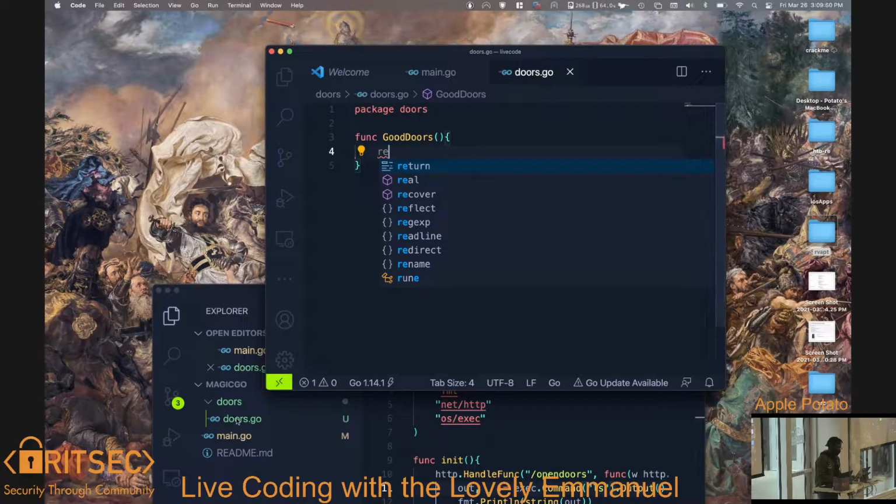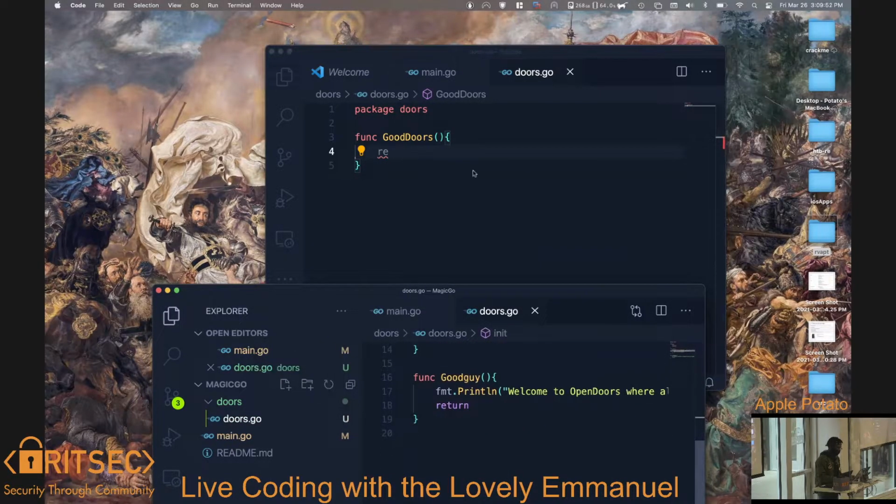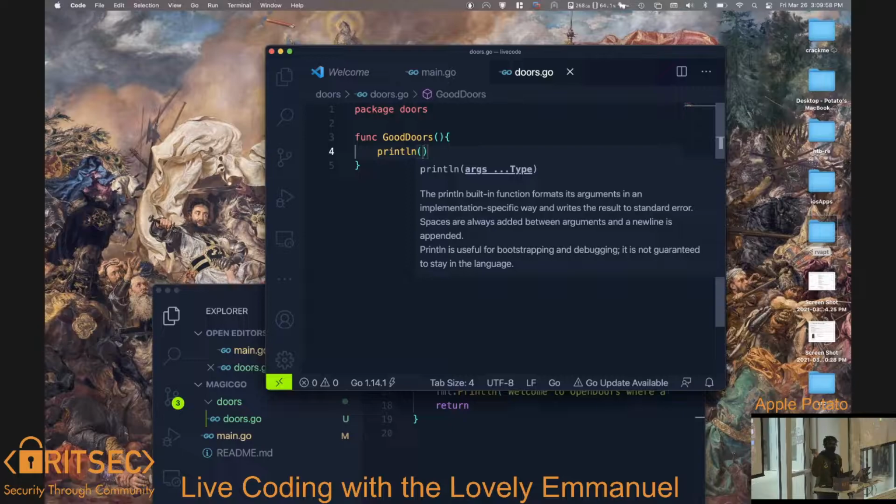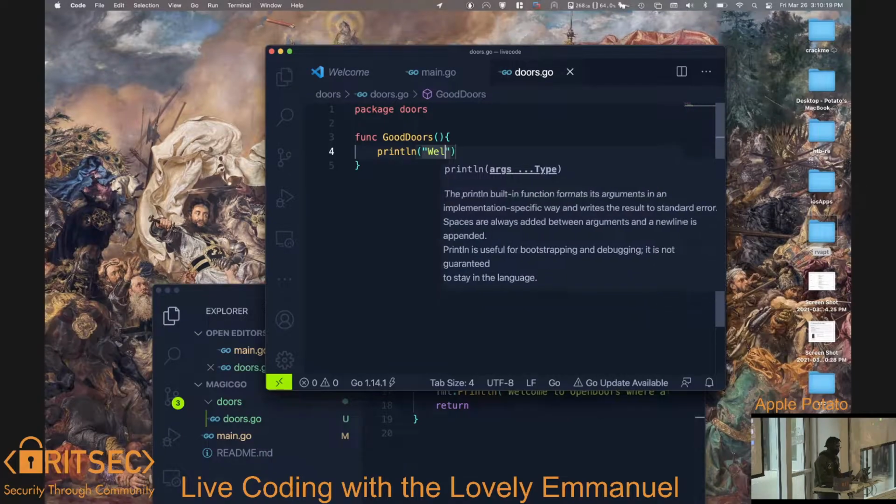One second, I forgot. It prints hello. Surprisingly, this works. I didn't think this would work, but when I just do println, it actually doesn't need me to do the fmt. I don't know if it's just mine or just in general. So, yeah, I was like, huh. So what we're going to do is print welcome to my program. I can't spell.